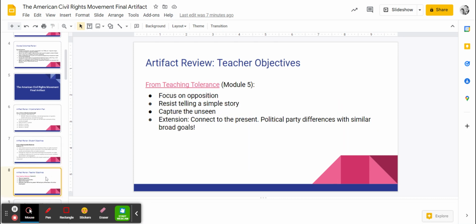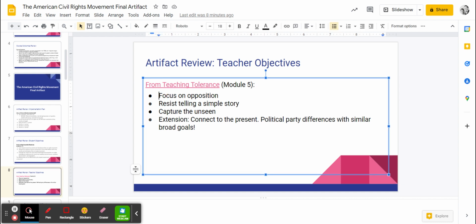So one thing that I wanted to include here in Module 5, that Teaching Tolerance article from Module 5 that talked about how to teach the civil rights movement, how to approach it differently than in the past, I thought was absolutely fantastic. And I really like some of those components about focusing on the opposition. I always think that when we teach civil rights, we tend not to look at the fact that there were a lot of people who resisted, or if we do talk about resistance, people being murdered or doused with fire hoses,